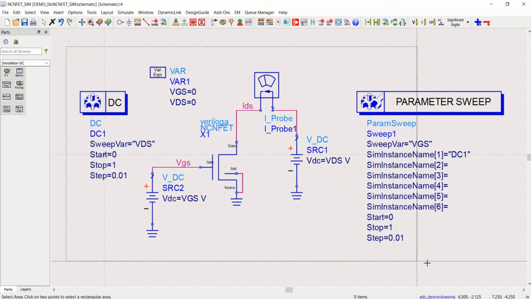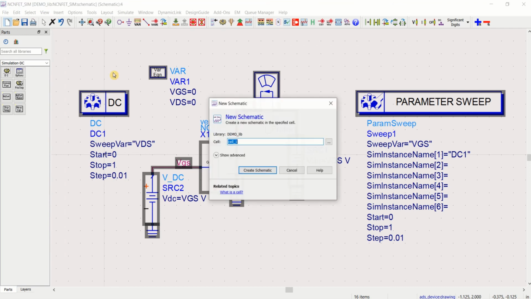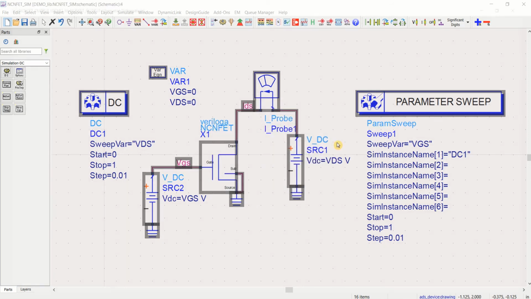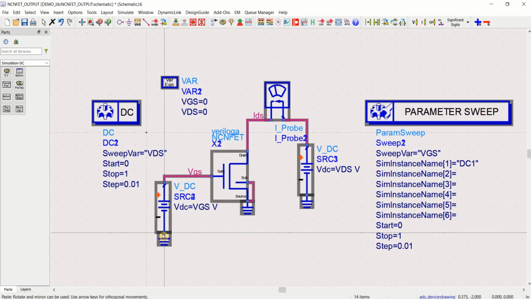I'll copy the same, use Ctrl C, create one more schematic, NCNFET underscore output characteristics. Just paste here.